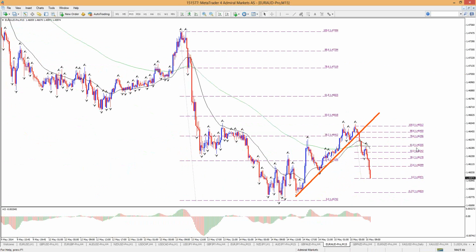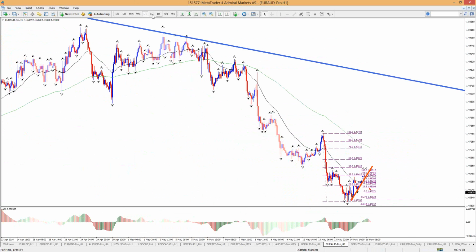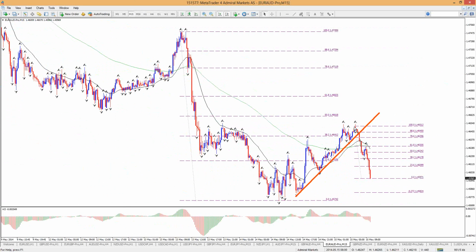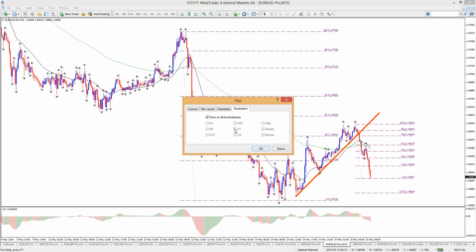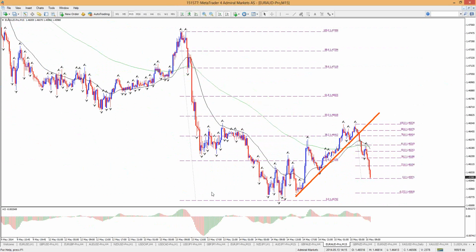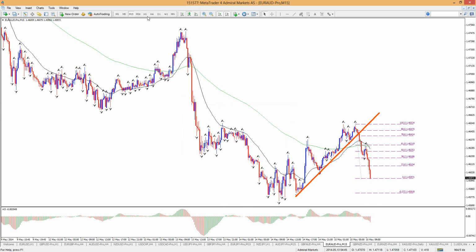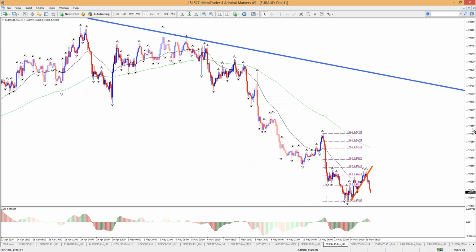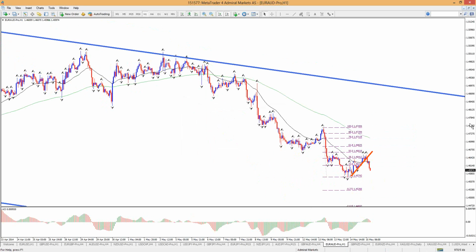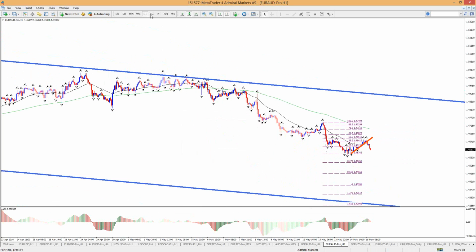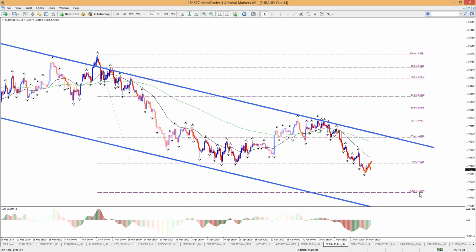What would be the target? The entry could be here, 50, about 146.30-ish. The target would then be different, though. Target could be various levels. It could be basically the 1-hour fib that we have here at 145.26, or even the minus 618 at 144.66. The target, I would say, shouldn't be lower than 144,